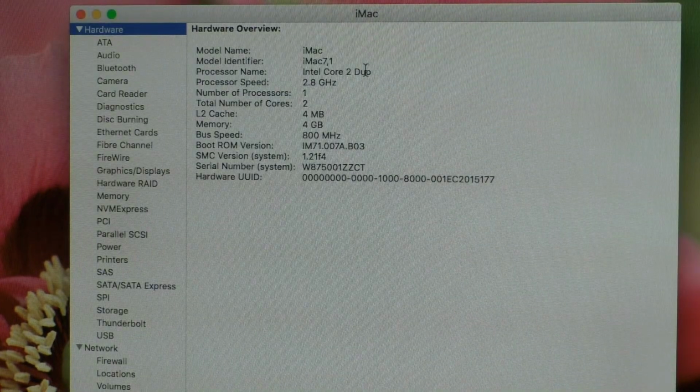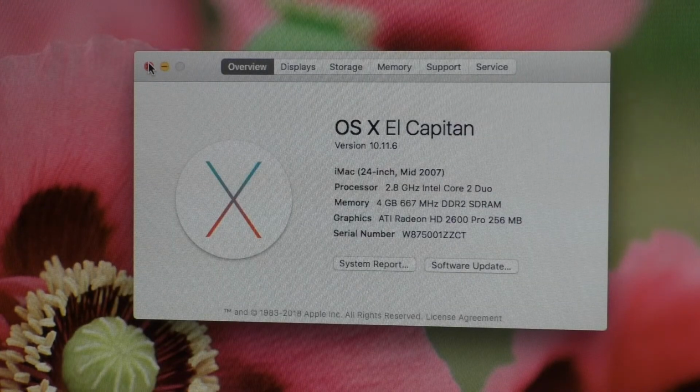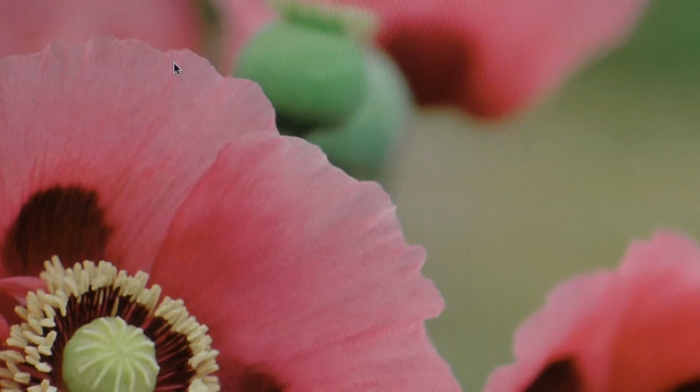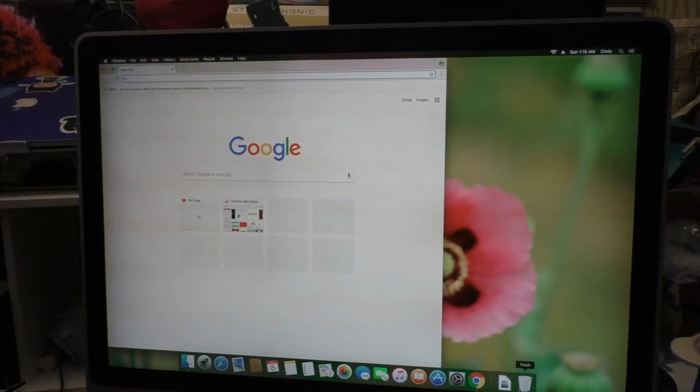No, it does not. We can identify it by the 800 megahertz front side bus. And we can probably also identify it if we go and grab a copy of Geekbench, which I will do right now. And I was going to jump cut here,